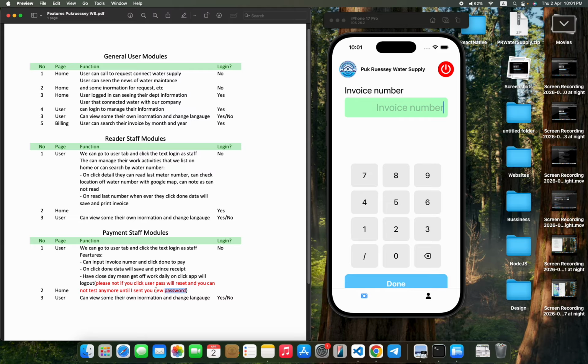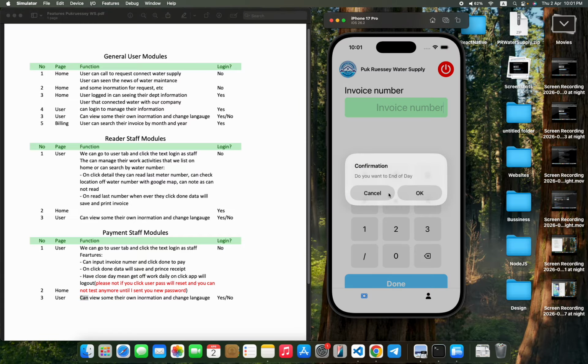So you need the new password from me. If you want, you can note it for me or type it for me. I will provide you a new one. The get off button is over here. If they click that one, a message will appear: do you want to end the day?